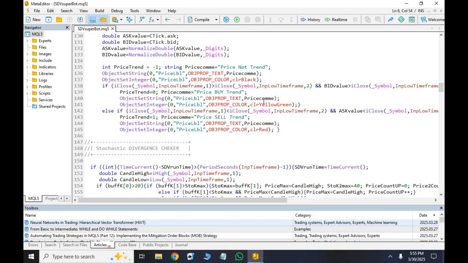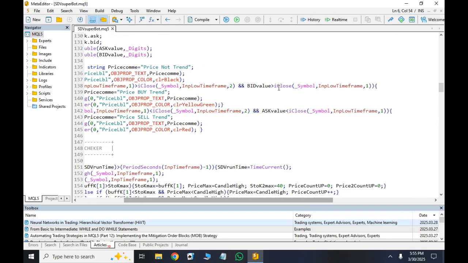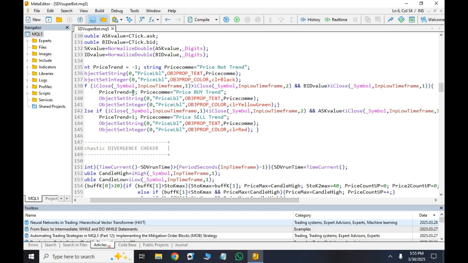And if the current candle value, that means the bid value, is bigger than the candle 1 close value, that means 3 bullish candles, 3 green candles in the chart. So we set price trend to 0, price frame to price buy trend, and show it in the label. The label box changes to yellow green color,